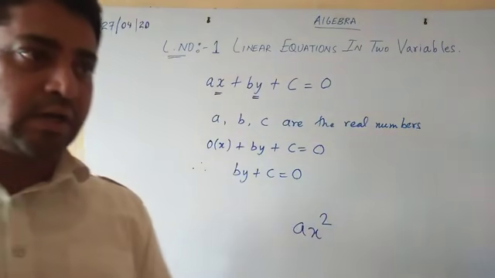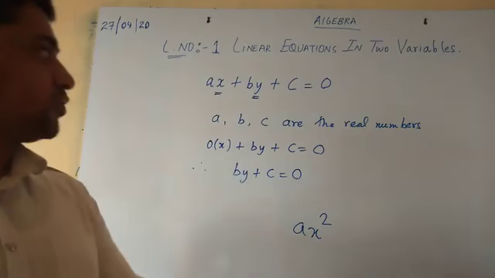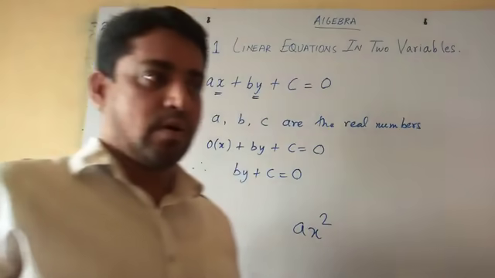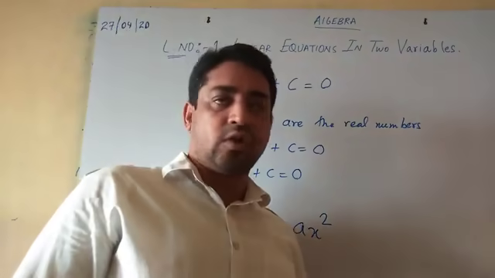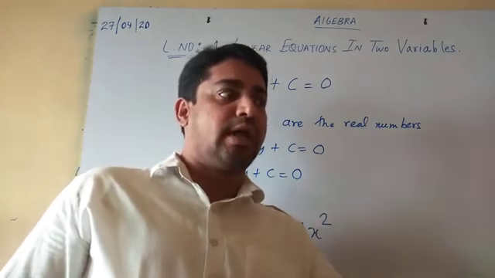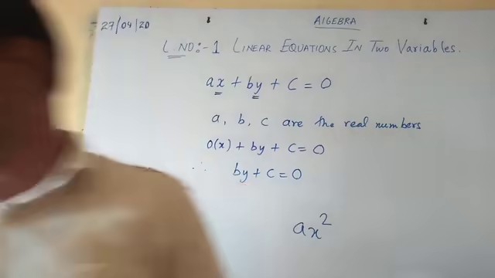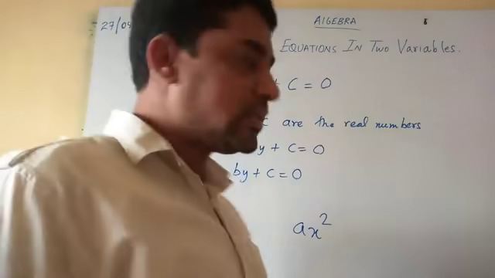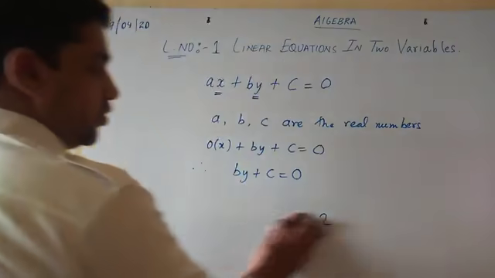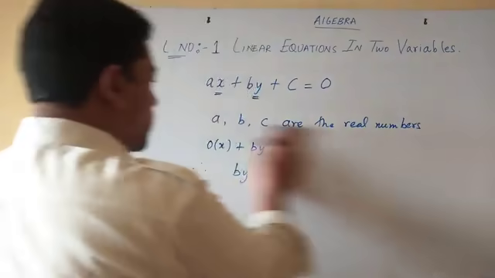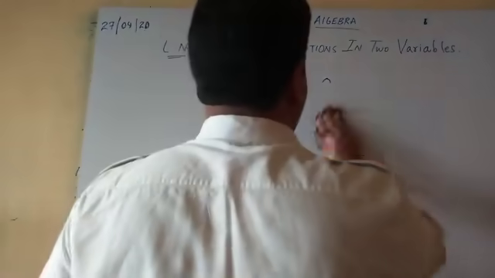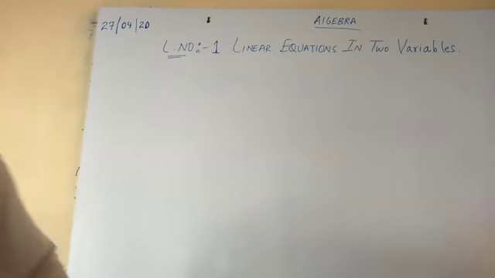So we'll start with the actual exercise sum, which is question number 2. There are 8 sums, so we'll solve the first one. Once that is over, the activity question, only one sum is there, it will also be very clear to you. It will be easier to solve once I explain the actual sum. So I'll start with question number 2, which is on page number 5. I'll just write it down.